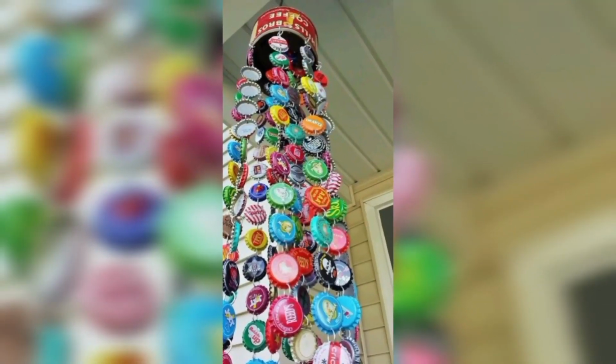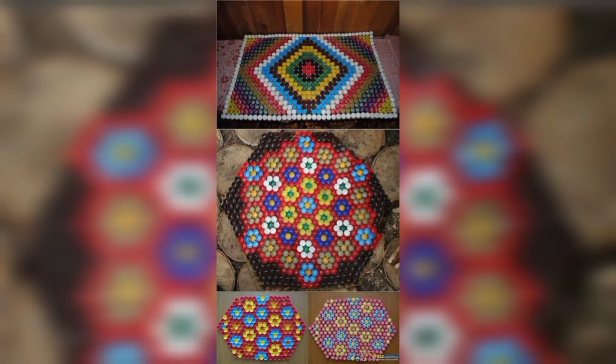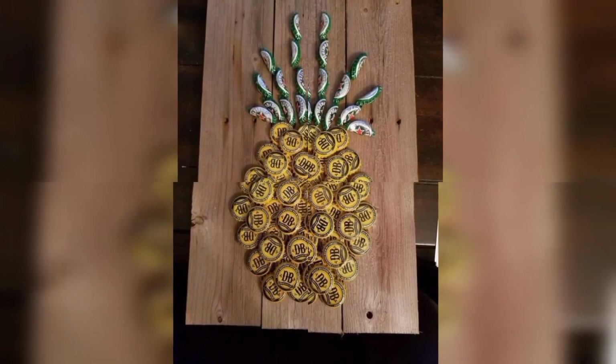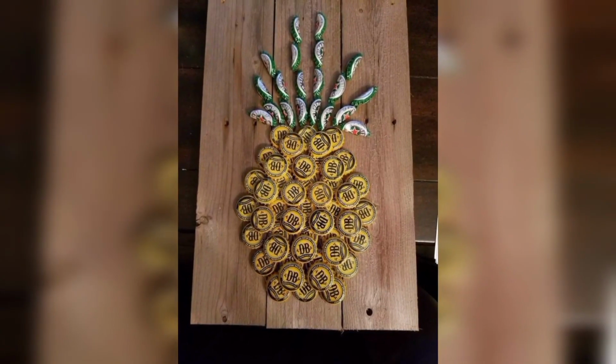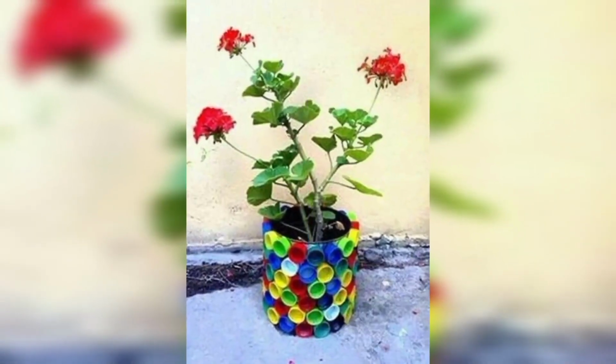Thanks for being here. In today's video, we are going to show you some amazing bottle cap craft ideas that will help you to decorate your home with your waste material. So let's get started. As you all know, bottle caps are one of the most commonly discarded items, but